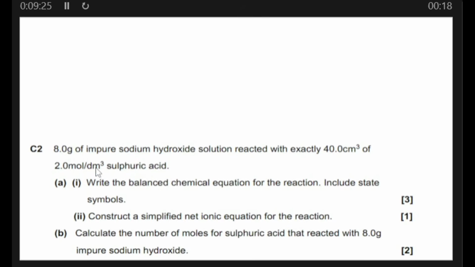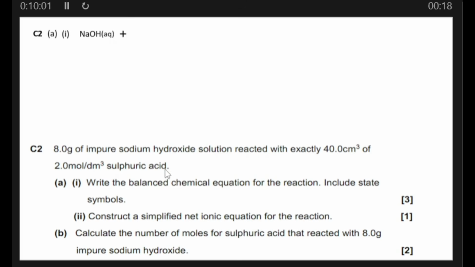I have squeezed it here so that we can have space. So I'll say C2, A1. We are writing the balanced chemical equation for the reaction between sodium hydroxide and sulfuric acid. We need to write the formula for sodium hydroxide, which is NaOH. Since it is a solution, we put aqueous here, because I've said include the state symbols. So it is in aqueous state, plus